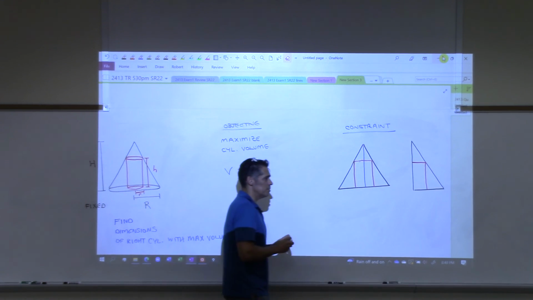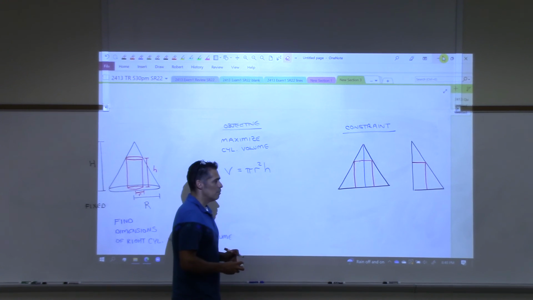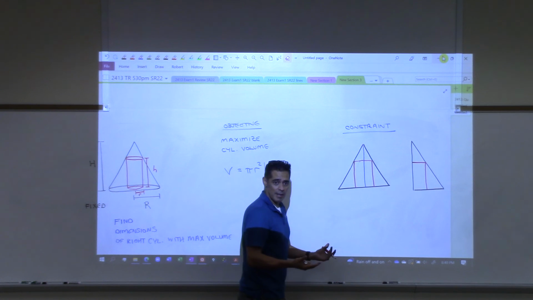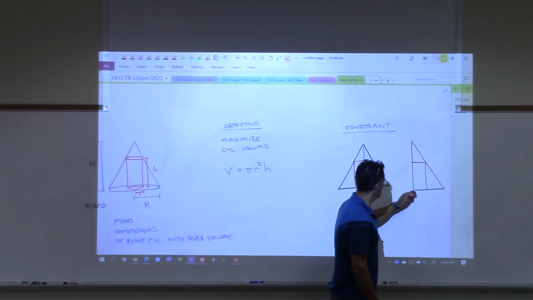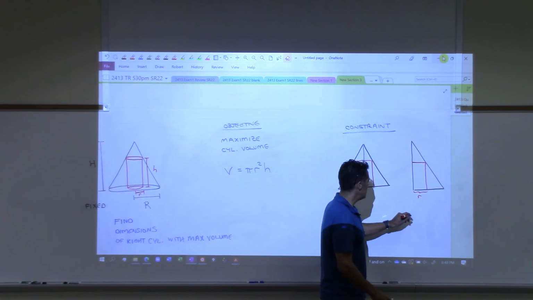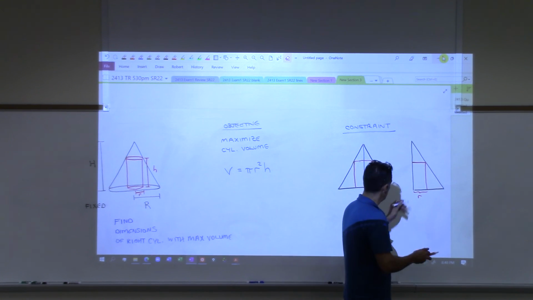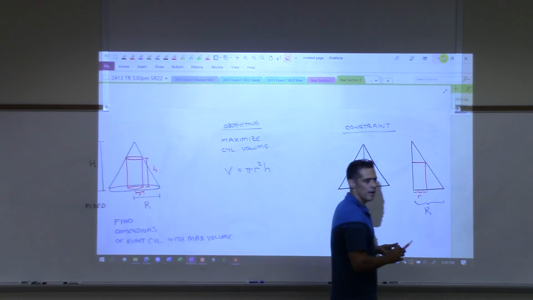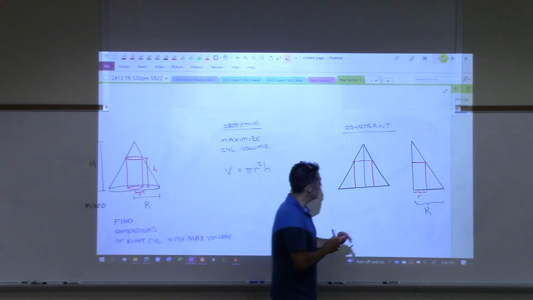Let's see what we're going to use. Do y'all see? All I'm doing is looking at one side of it. Let's start labeling things. What's the distance from here to here? Little r. What's the distance from here to here? Big R. Right? What's the distance from here